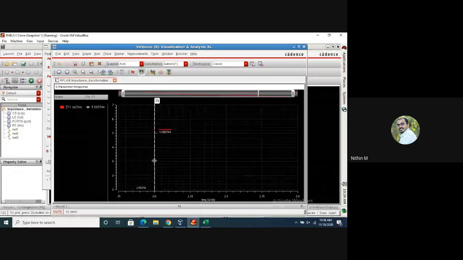All right, Rahulaj, you have a question. What was the sweeping parameter? Was it frequency? Yes, I did for a narrow range. Now, instead of 1 giga to 10 giga, I just plotted from 0.9 to 2 giga. So at that frequency, we are actually getting a value of 5.